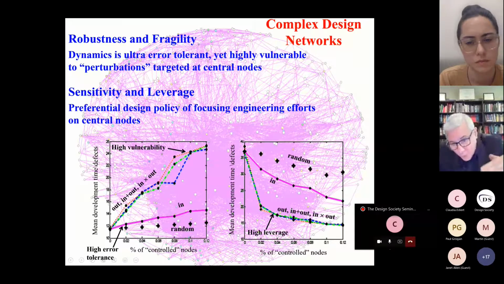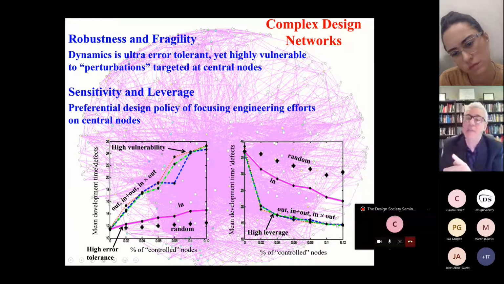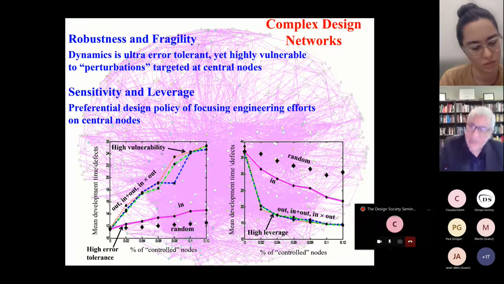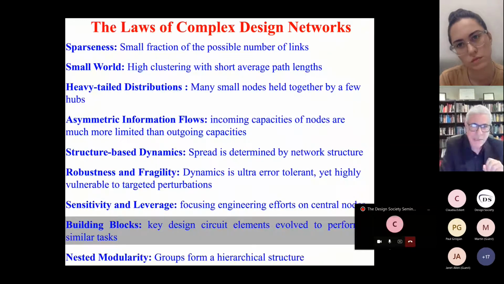However, if you improve the design hubs in the system, right, you see that there is a significant improvement in the system. So as a general rule, you see actually that you achieve a process twice as fast by focusing on those bottleneck nodes in the system, in any system, right? Any design, any network that you have, any design network. So that's the idea of robustness and